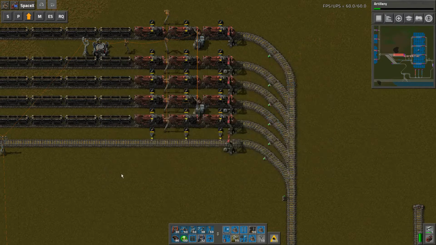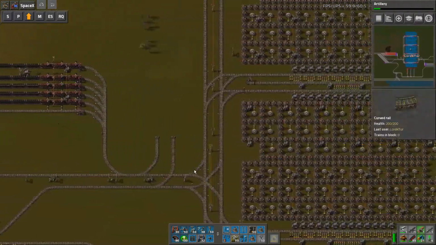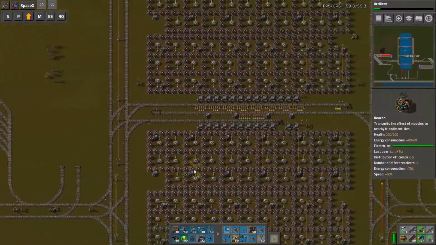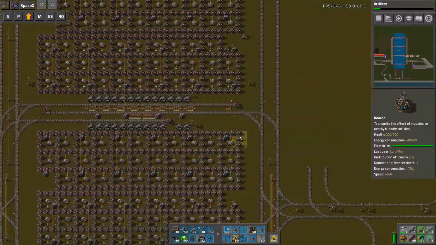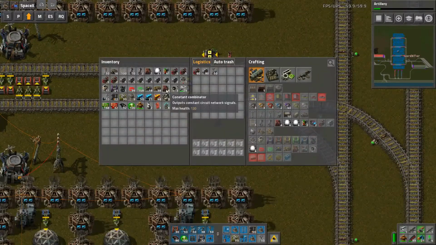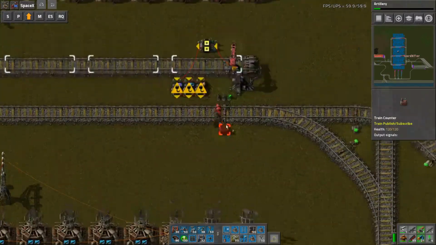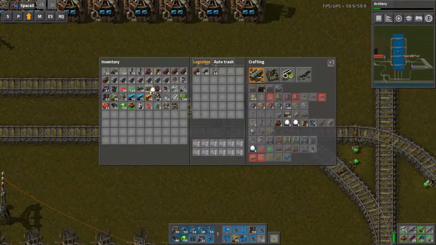Have I only set up one? I think I've only set up one set of publishers, subscription thingies. Yes, I have. That's no good. Let's get them all set up. So we need a train counter, and